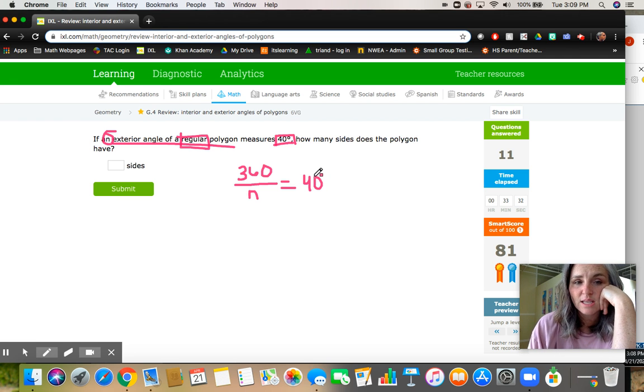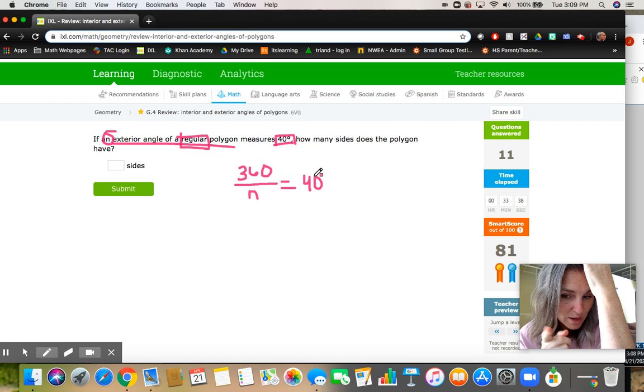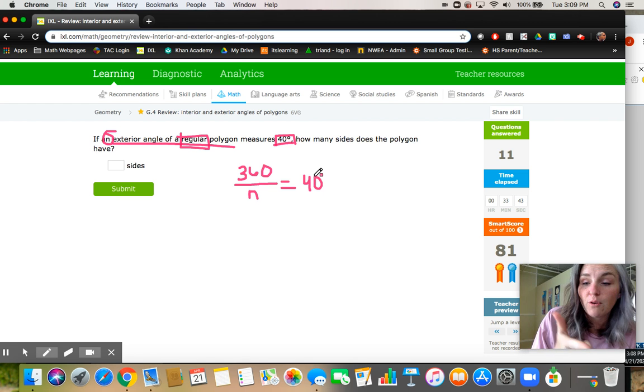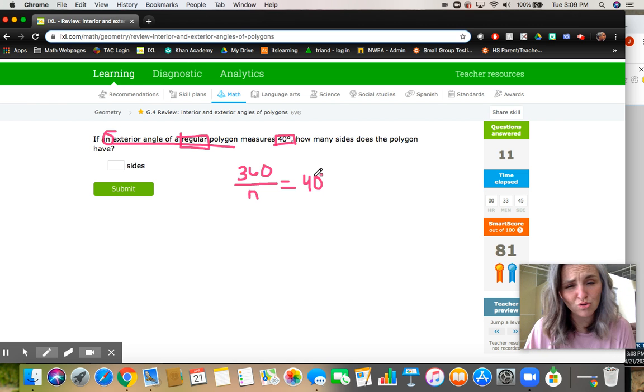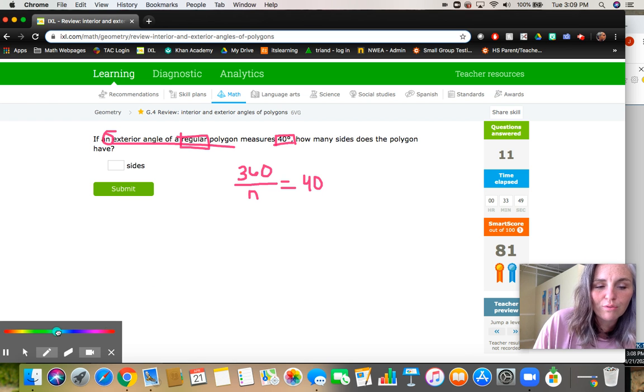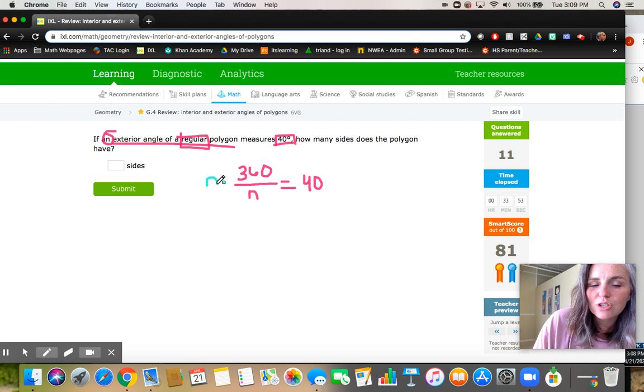Okay, easy enough. So now all I need to do is solve for n to determine how many sides it would take. So basically, 360 divided by what would give me 40 degrees. You might sit here and guess because you're not sure how to work this problem, but I'll go ahead and walk you through it. So if I want to move divided by n, I can actually just multiply by n on both sides, and that would give me